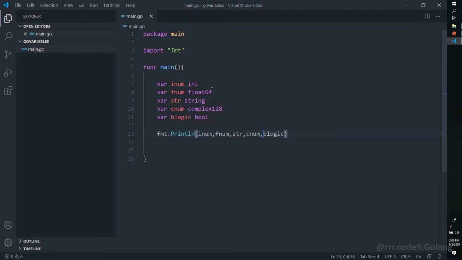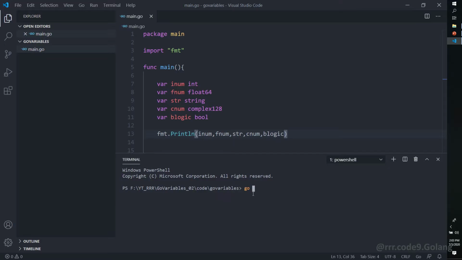So let's maintain the sequence as it is declared and run the code. We can simply type go run main.go.